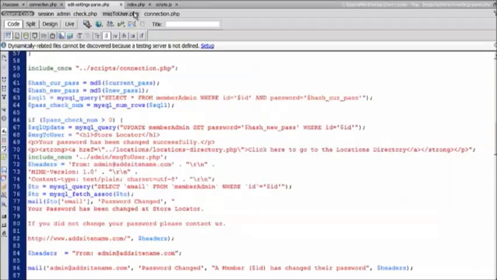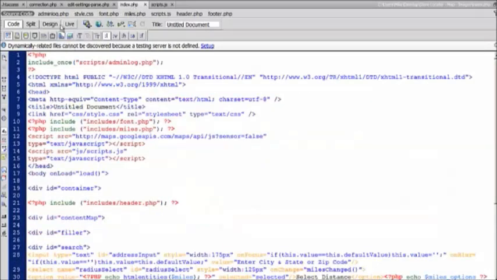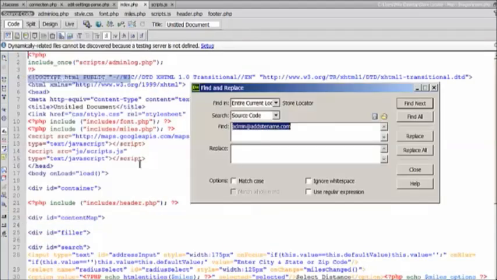Alright, next thing what you do, go to index, and then go again, edit, find and replace, and again, remember we're using addsitename.com as the domain name. You need to put your domain name throughout this site. So in the replace section, just put your domain name and